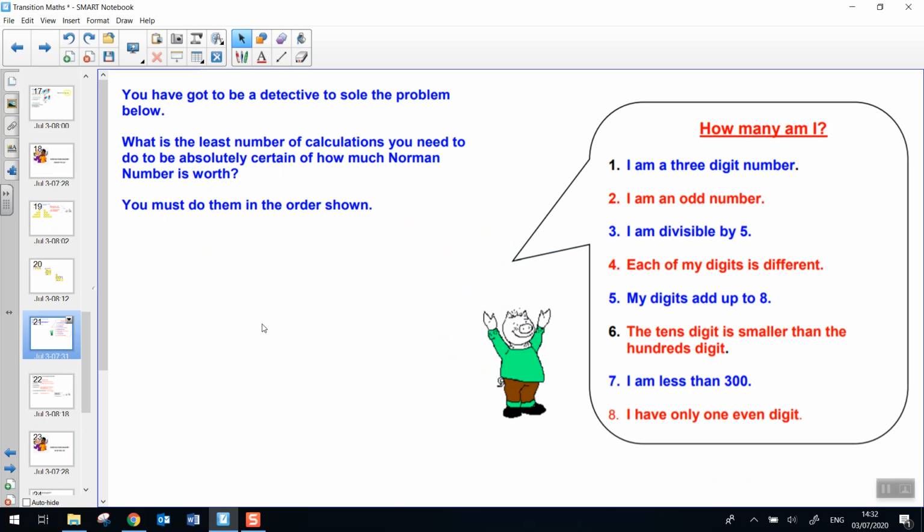Okay, so our next problem is you've got to work out what number is the pig talking about. It says you've got to be a detective to solve the problem below. There's a spelling mistake there, isn't there? To solve the problem below. What is the least number of calculations you need? That's the least number, that's the fewest number of calculations you need to be absolutely certain of how much Norman's